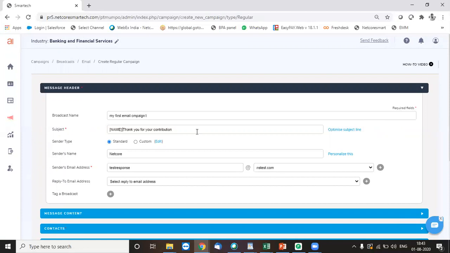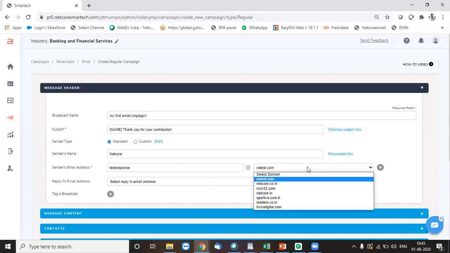The next thing that we have is the sender type. This is where we choose what kind of domain we are going to use to target a respective recipient domain. For example, if I want to target my Gmail audience with one particular domain, I may have multiple domains in my system for sending out emailers.